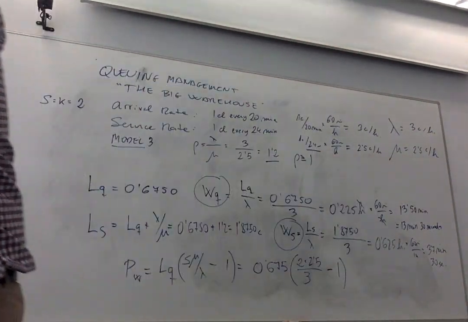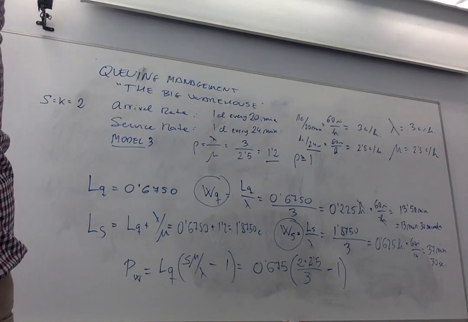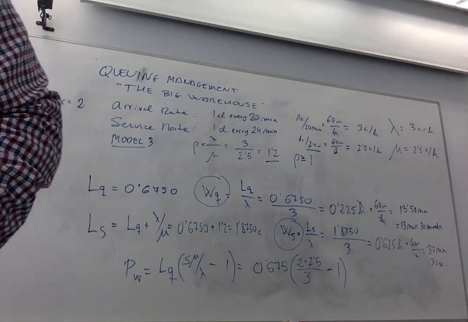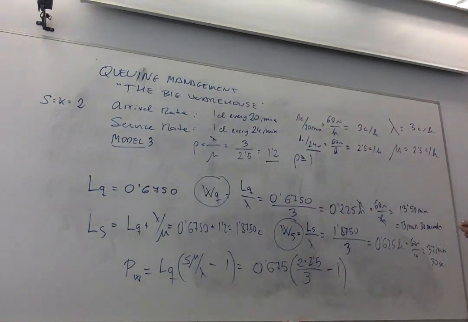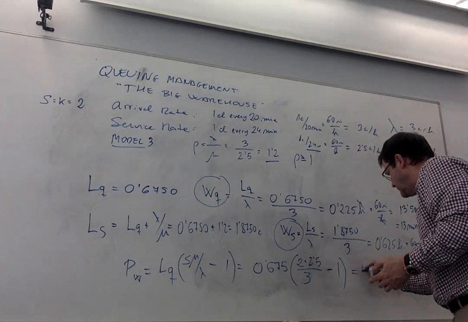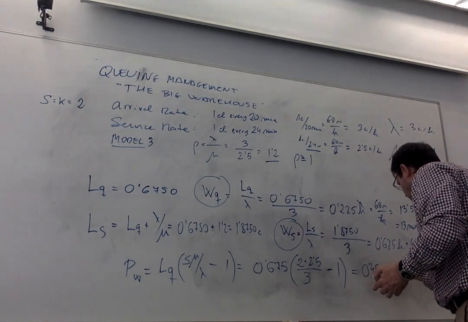Okay, the calculator will be better than the smartphone. Okay. We're here. So we multiply by 2.5, divided by 3, minus 1, multiply by 0.675. 0.145. So 45%